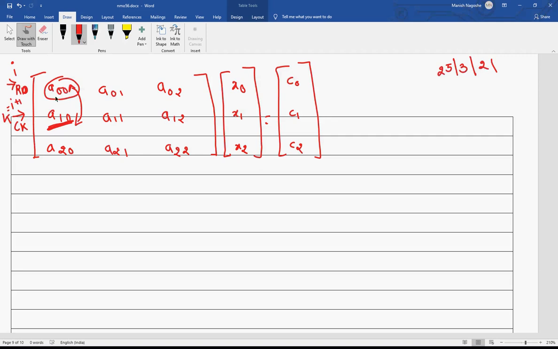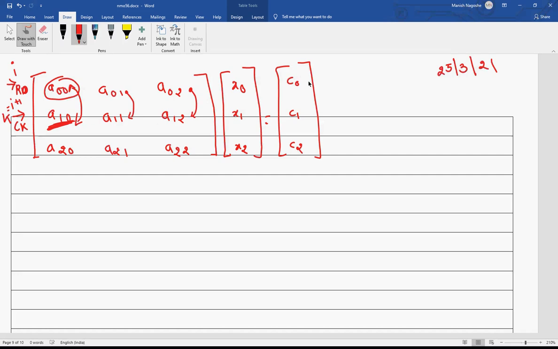Now, using a reference row on an operating row, this element we have to make 0. So we need to find out how we can make this 0. Then we perform the operation using this onto this, then using this onto this, and finally this turns out to be 0.